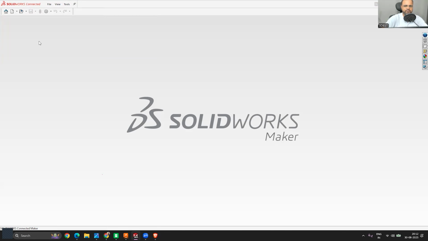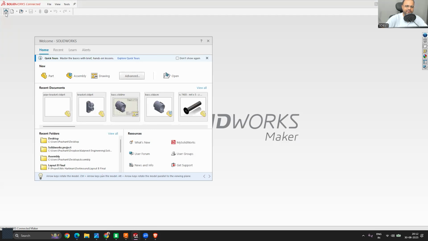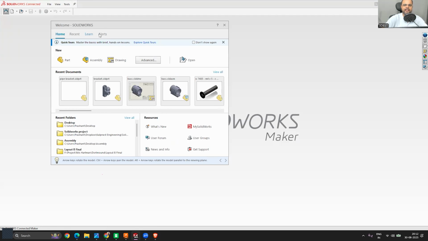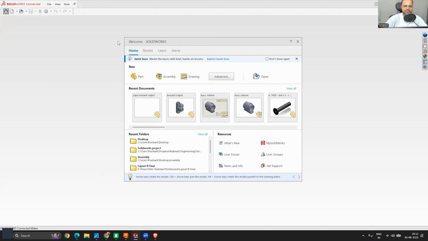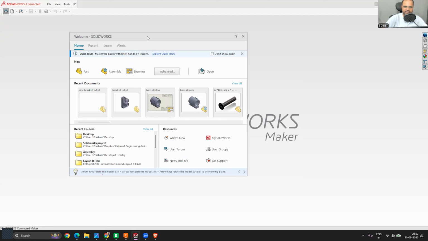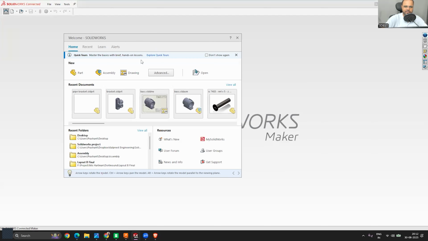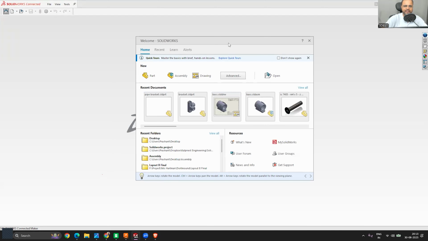Simply, you can click on this home tab, the first option that you can see over here, and that will bring you to this option that says Welcome SolidWorks. So SolidWorks is welcoming you into this panel, and this panel can be dragged anywhere onto your screen. That's completely floating. Once the home tab is active, you will be able to see this screen. In this screen, you can do everything.